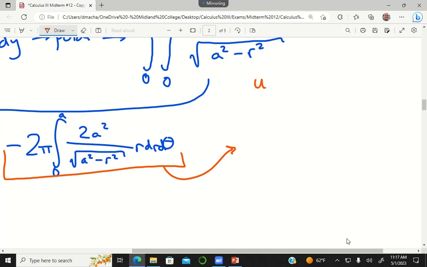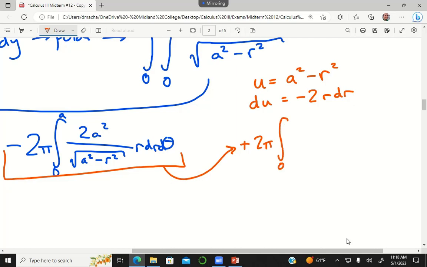U is equal to what? A squared minus r squared. And so then du is negative 2r dr. Okay, so I've got a negative 2 out front, and I got a 2 in the integrand as well, and I've got an r dr there, so this is all going to simplify nicely to plus 2 pi